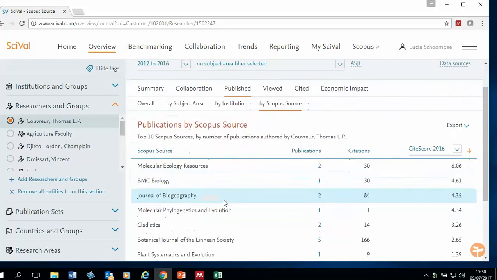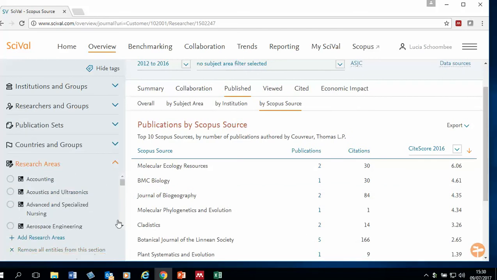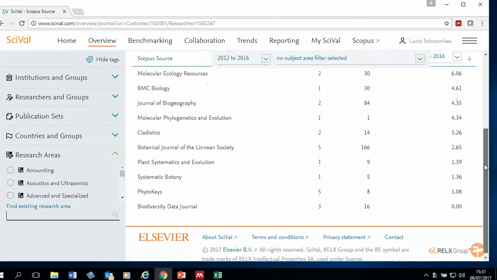Right. So before we move on to the benchmarking, I want to quickly go into the research areas. As I mentioned, we have predefined research areas which can be used, but research areas can also be created. So if you create your own research area,